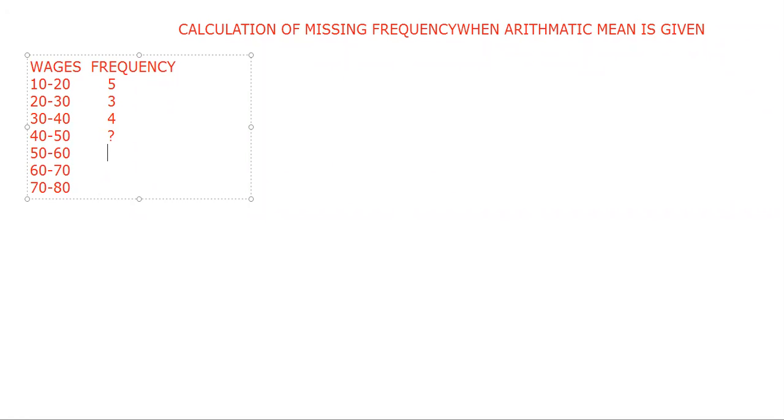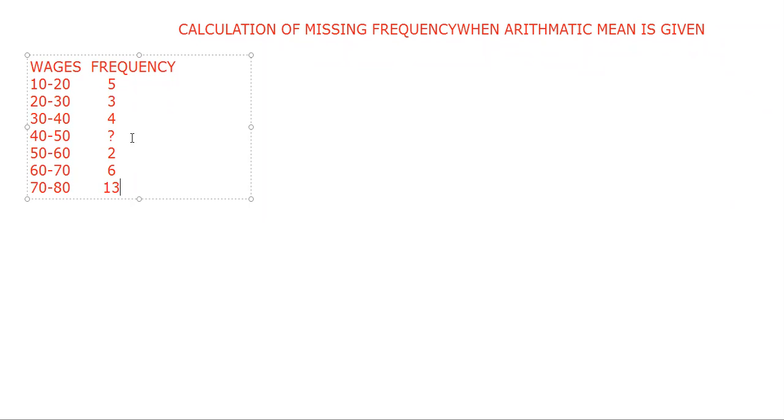Next is given 2, then next is 6, and last but not the least given to me is 13. So this is the frequency that is ultimately given to us, and we have to compute this missing frequency in